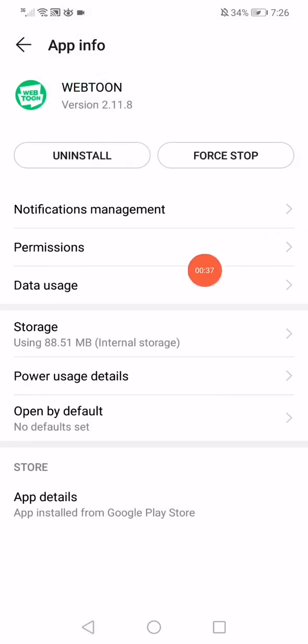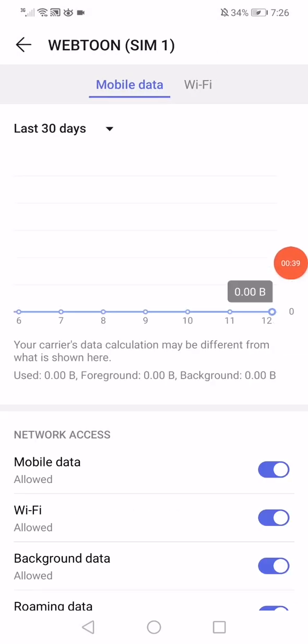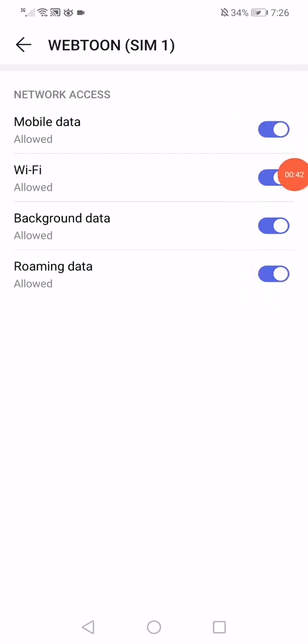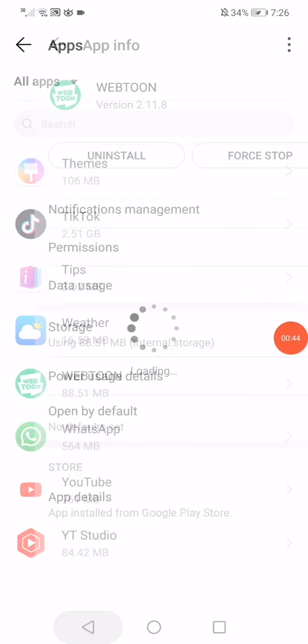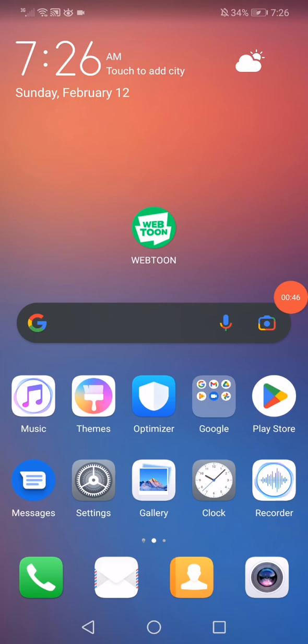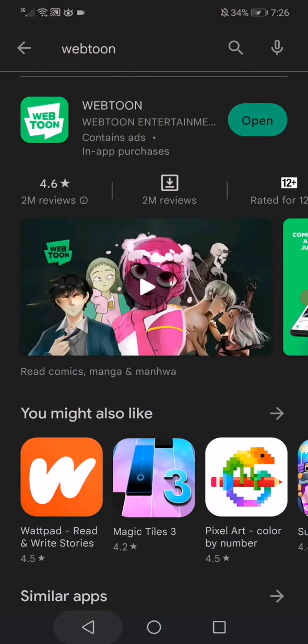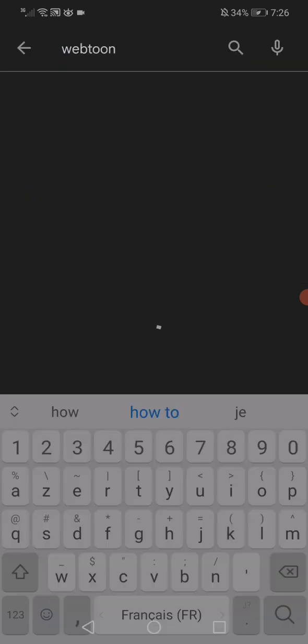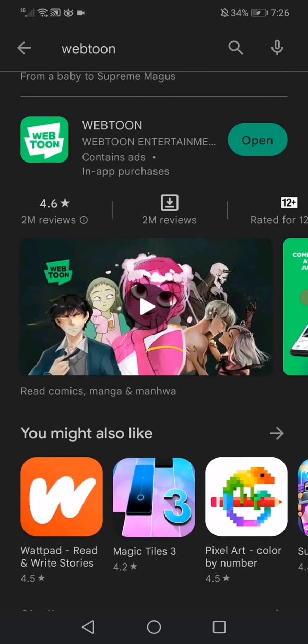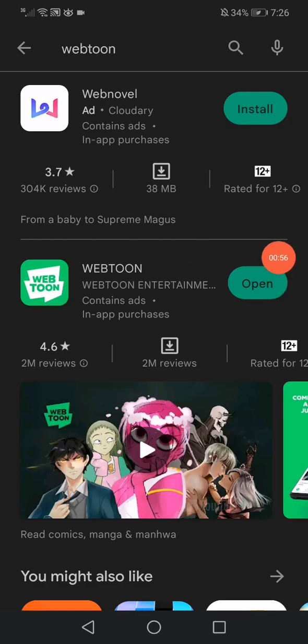Go back and click on data usage. Make sure also to enable all these options here. Go back to the home page, and now all what you want to do is go into the Play Store or the App Store, search for Webtoon and update it from here, as you can see if you found an